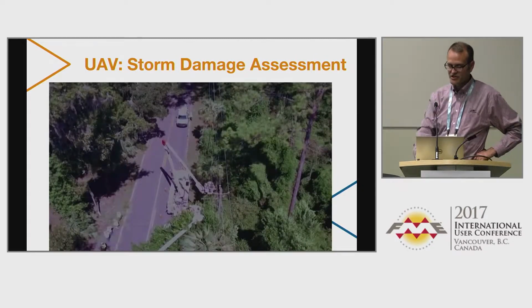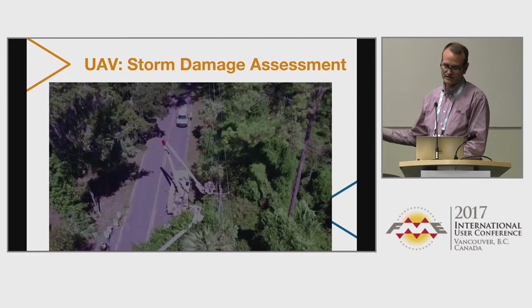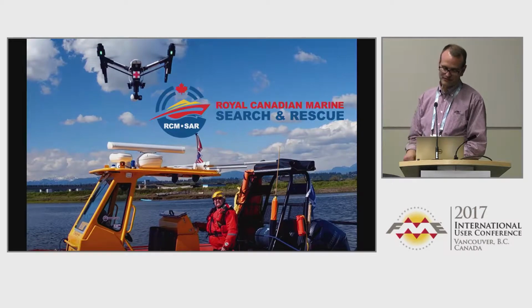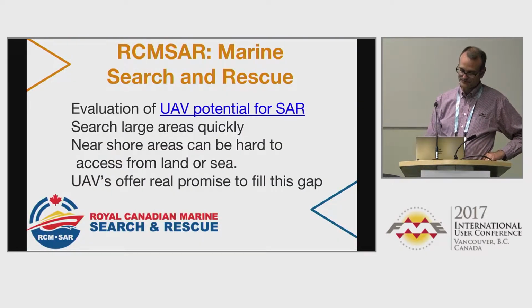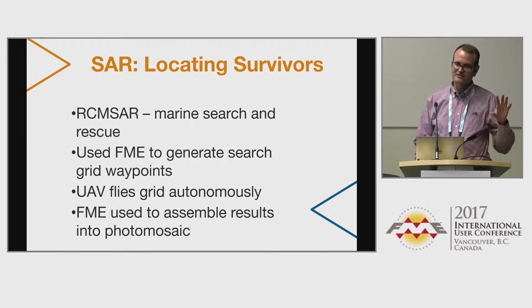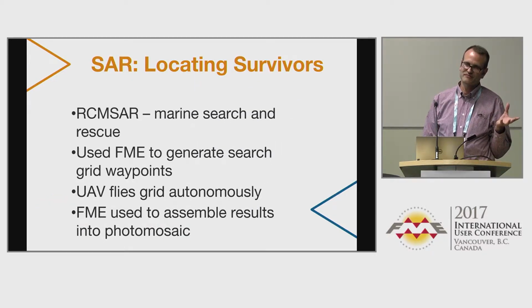This was a shot from Southern Coast. They use UAVs for storm damage assessment, for example, if power lines go down. And this is the application for search and rescue. I'll flip through this. I'll differentiate, this is more emergency response testing than disaster. And the big difference there being,